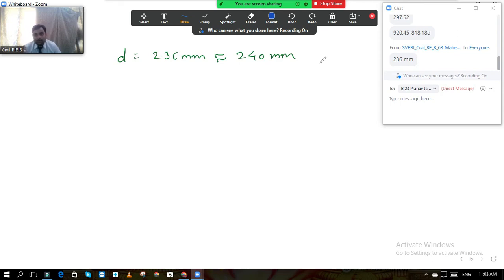Okay, so why are we solving the problem like this? Because in the book it is not solved the way we are doing right now. This is the shortcut I am telling you. In the book, they tell you to first assume a certain depth, like 500 mm, 300 mm, 400 mm, and then do the steel calculation, bending moment, and then check the depth.